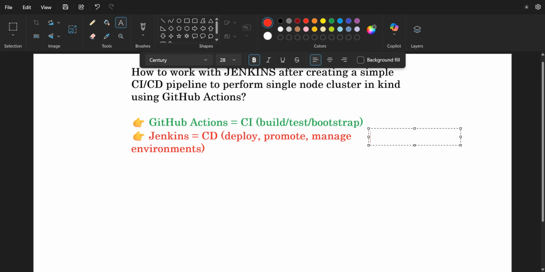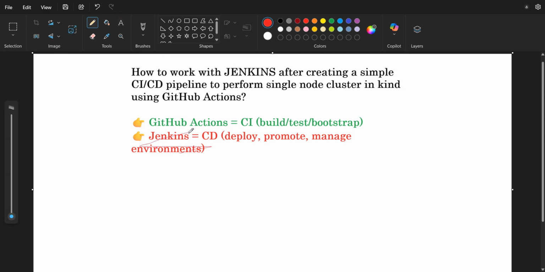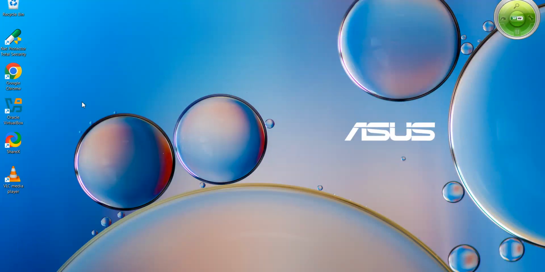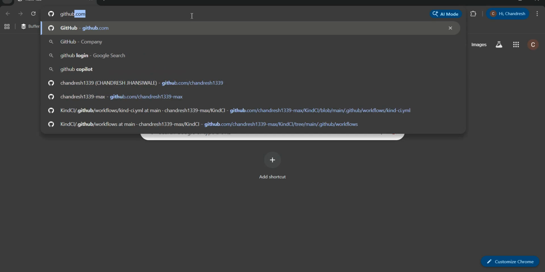Okay, so for this, I will follow this workflow where I will have to manage certain steps. So, guys, I will be following these steps. First is the GitHub repo, which I already have in the GitHub account, where you can see how we manage GitHub Actions in the GitHub workflow. So let me log into the GitHub account. I will log into github.com